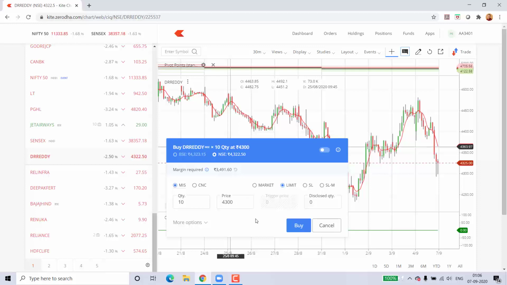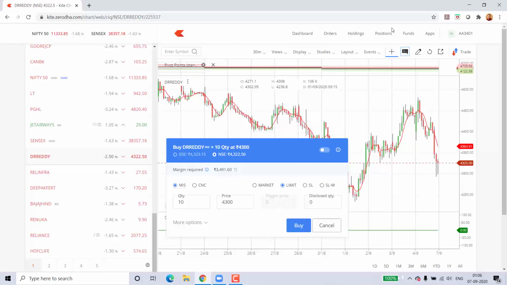But you have to remember one thing, that at 3:20, the intraday trades have to be squared off. Remember what it says, intraday square off. Square off would mean that if you have bought during the day, then at 3:20 latest, you have to sell whatever is there in your account. So once you have bought it, as I said, it will show in your positions.